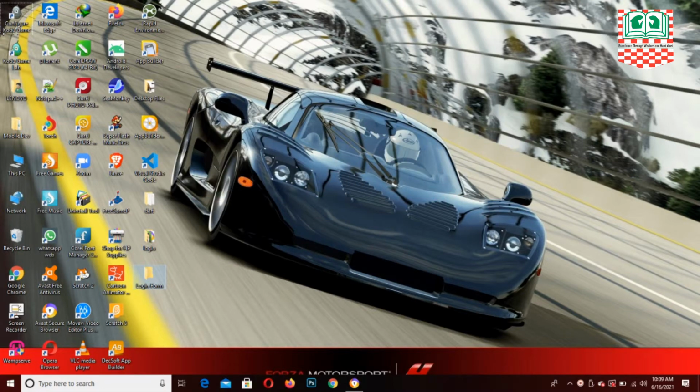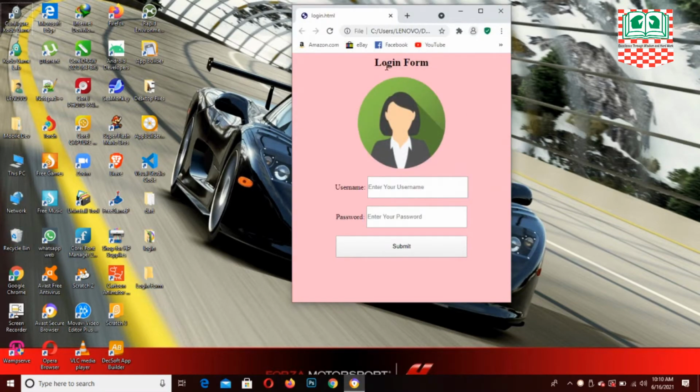Today we're going to be learning computer coding using HTML. For our project on computer coding, we are going to be creating, or coding, a login form just like this. So for us to achieve